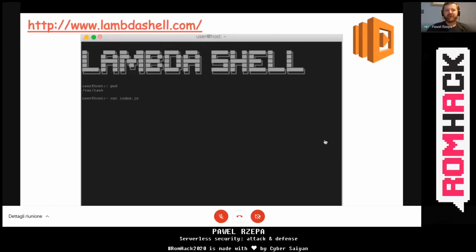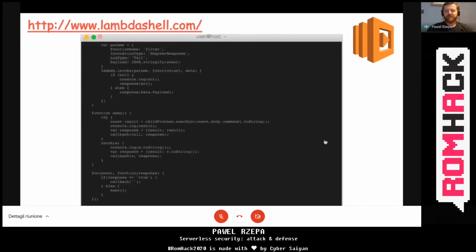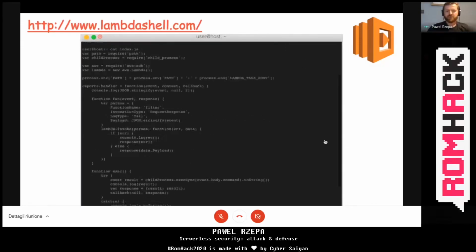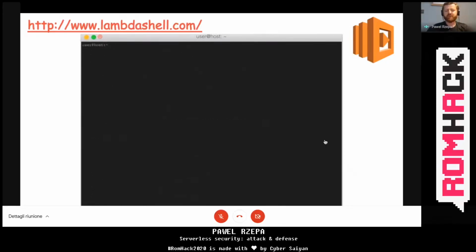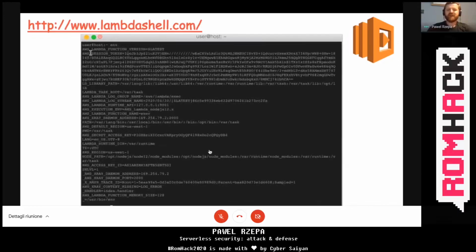And there you can see the whole source code of your function. In this particular example, you can see that this is the code responsible for the reverse shell to this particular Lambda function. Now, from the security point of view, the most interesting are actually the environment variables.